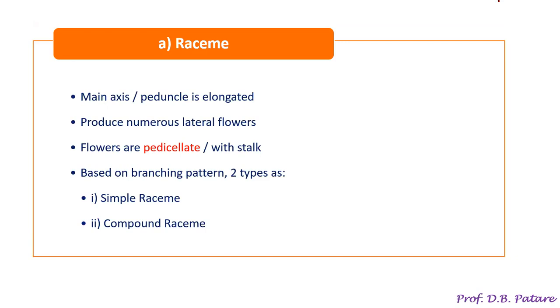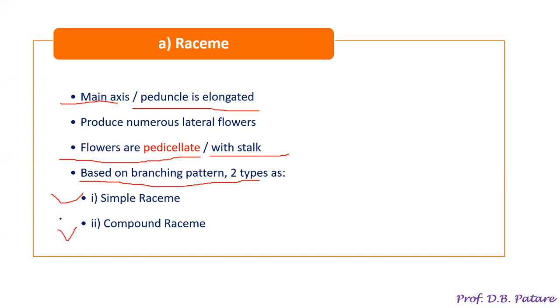Now this was discussed yesterday, that in the raceme the main axis is elongated. हे पहिलं जे सेंटेन्स आहे ना हे सर्वांनी लक्षात ठेवायची गोष्ट. इथे मेन ऍक्सिस किंवा पेडंकल हा इलॉंगेटेड असतो. Elongated means it is lengthwise very long. Now here within raceme the flowers are pedicellate, or with stalk. म्हणजे प्रत्येक फ्लावरला त्याचा स्वतःचा देठ असतो किंवा स्टॉक असतो. ओके, आणि आता याच्या ब्रांचिंग पॅटर्न वरती आपण याचे दोन टाइप डिस्कस केले होते ऍज सिंपल रेसिम अँड कंपाऊंड रेसिम,